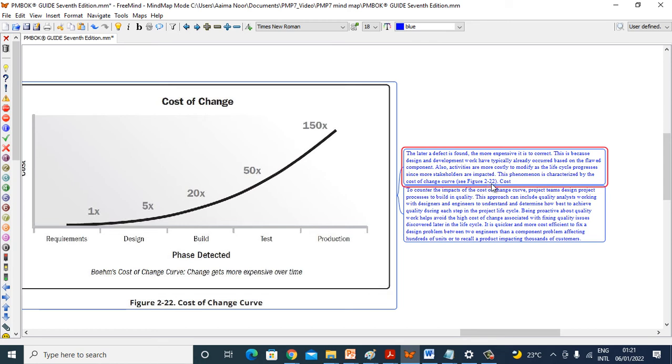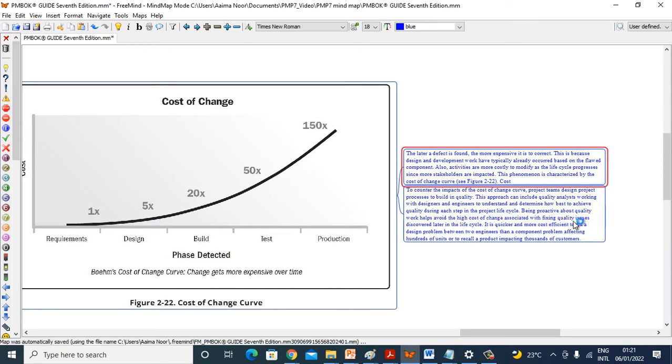See figure 2-22. To counter the impact of the cost of change curve, project teams design project processes to build in quality. This approach can include quality analysts working with designers and engineers to understand and determine how best to achieve quality during each step in the project lifecycle.